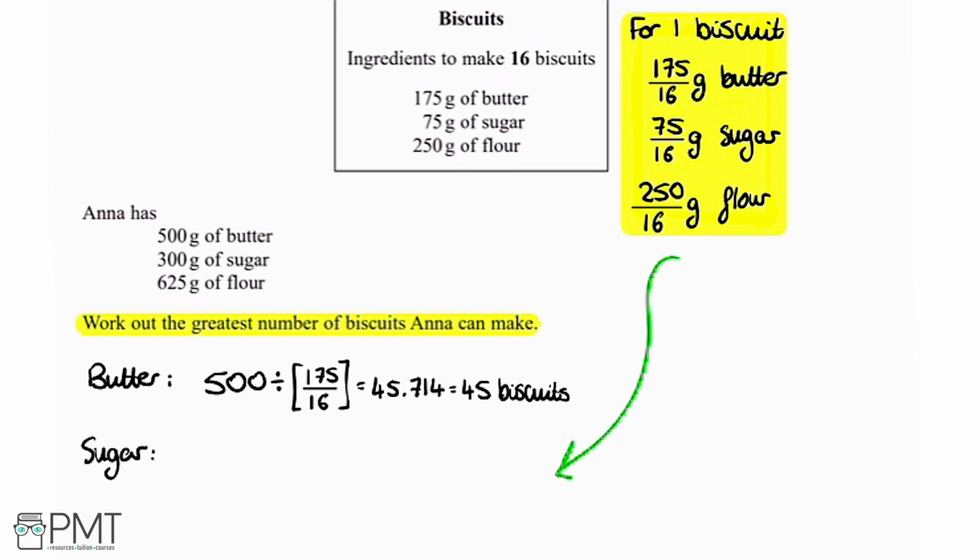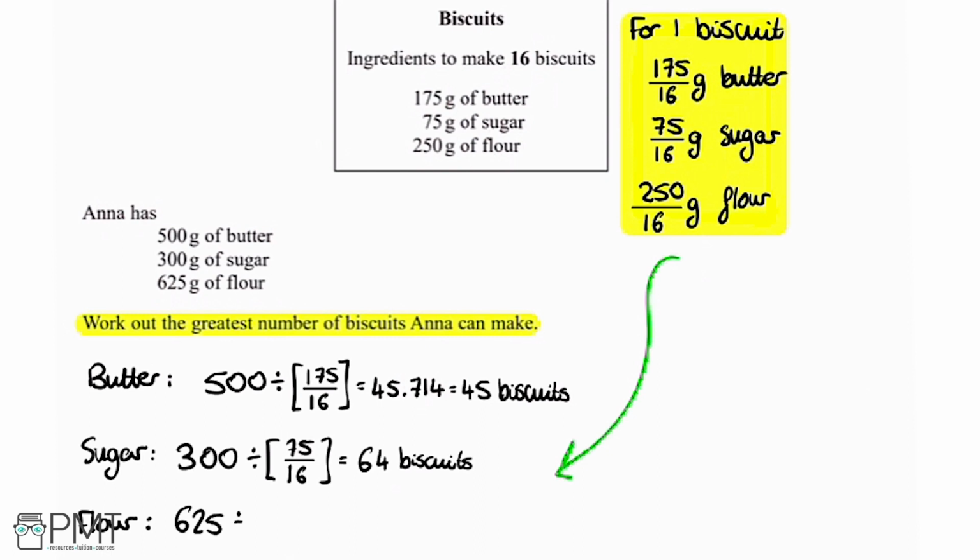So Anna's got 300. I'm going to divide that by the amount you need for 1 biscuit, which is 75 over 16, giving us 64. And last but not least, for the flour, we've got 625 grams for Anna. And we're going to divide by the amount for 1 biscuit, which is 250 divided by 16, giving us 40